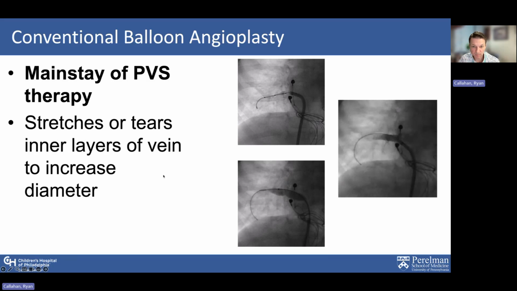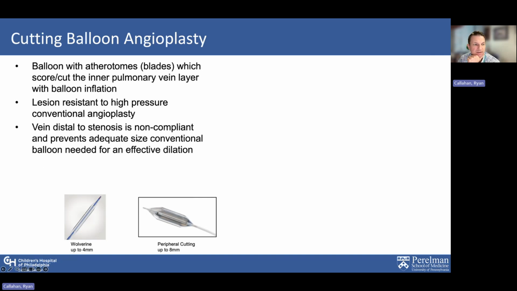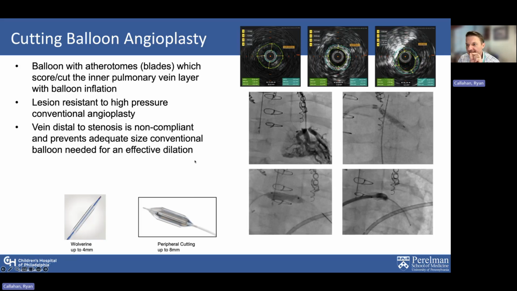We have other types of balloons, notably a cutting balloon angioplasty. These are balloons that have blades or atherotomes on the balloon. They kind of come out as the balloon is inflated and it scores the inner layer of the veins. We tend to use these if the conventional balloons aren't working, like if we're going to high pressure, but they're not working. And so then we'll typically go to the cutting, or if the vein itself is very thick,